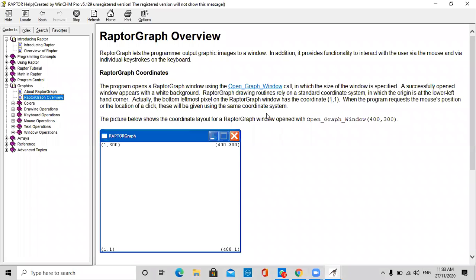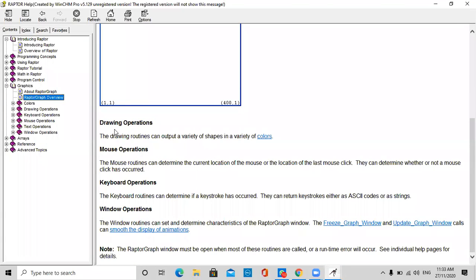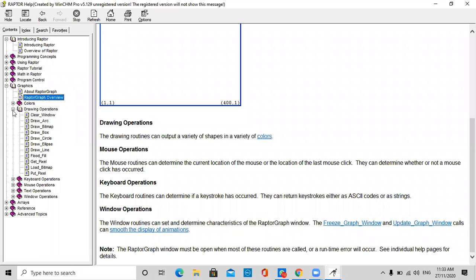Next, drawing operations. The drawing routines can output a variety of shapes in a variety of colors. What are those? Where can I see the drawing routines?